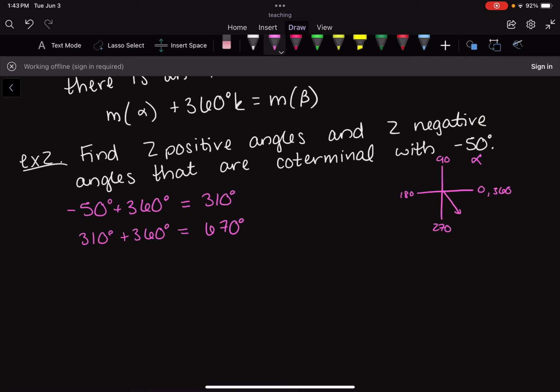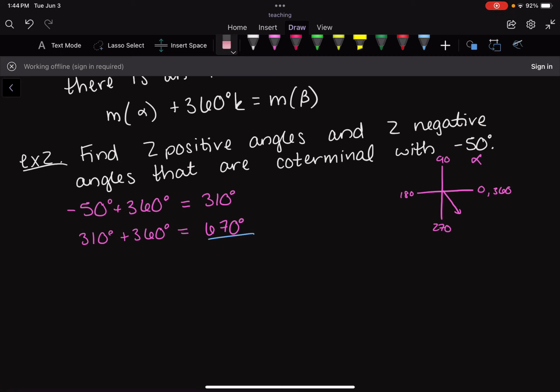So what's happening with this one is it's actually wrapping around the circle an extra time. So this one still starts at 0, it wraps around all the way to 360, and then it keeps going. And it's positive, so it went counterclockwise. But it still ended up in the exact same spot. So it's still coterminal because it's actually the same angle, but it's a slightly different angle because it's been wrapped